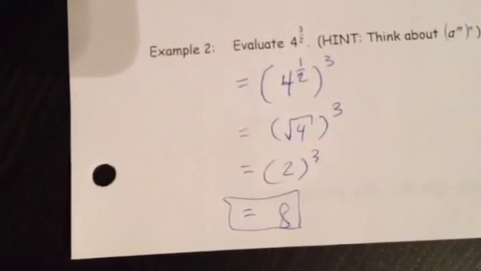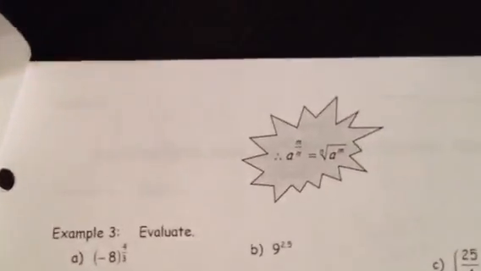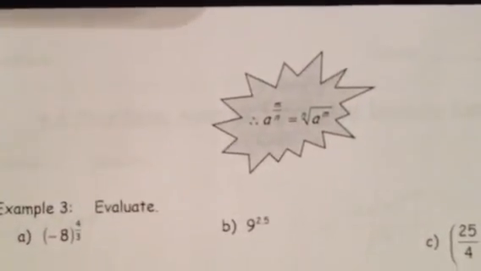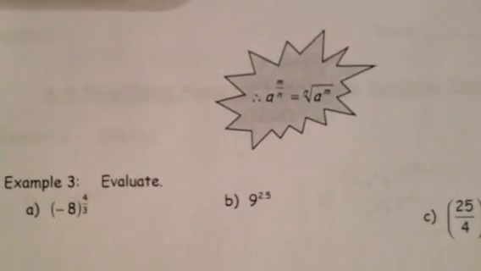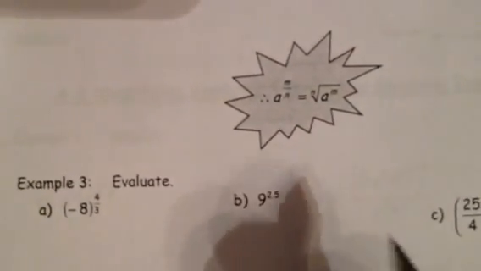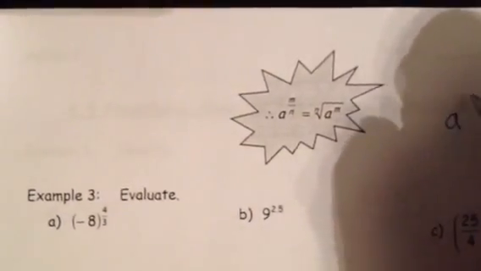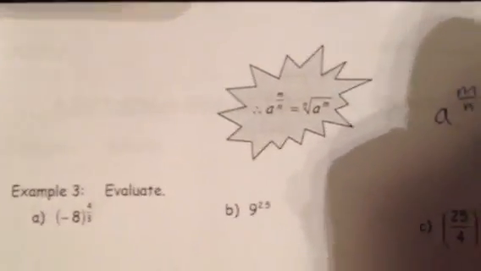Okay? And this is going to help us with our next rule. So our next rule on the next page states that if you have a to the power of m over n, it's the same as the nth root of a to the m. So whether you want to do a to the m first, or whether you want to do the root first. So another way to write this rule would be